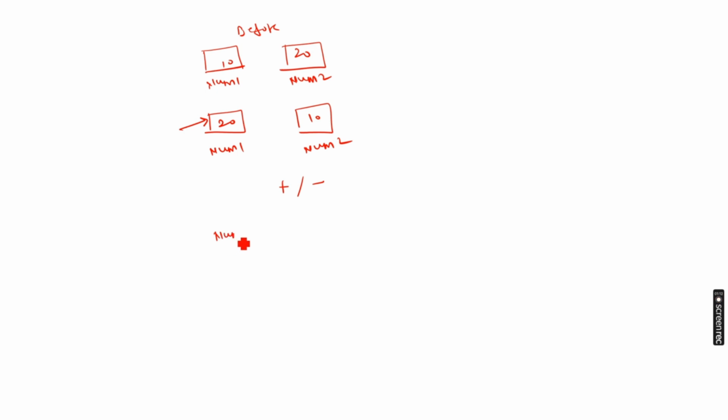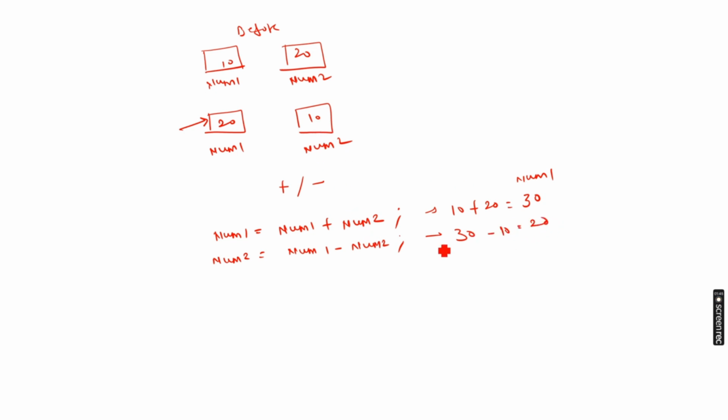First I am going to write num1 is equal to num1 plus num2. This is my first line. Now what will happen? num1 will contain 10, num2 will contain 20, so finally num1 will be assigned the value 30. In the second line I am going to write num2 is equal to num1 minus num2. But remember, now num1 is 30 minus num2,